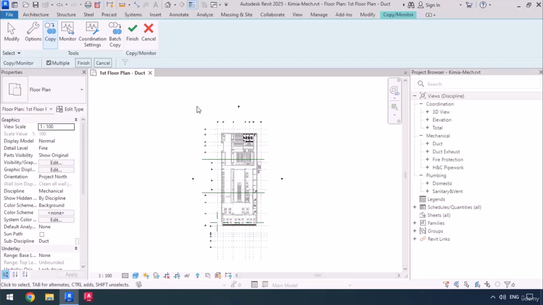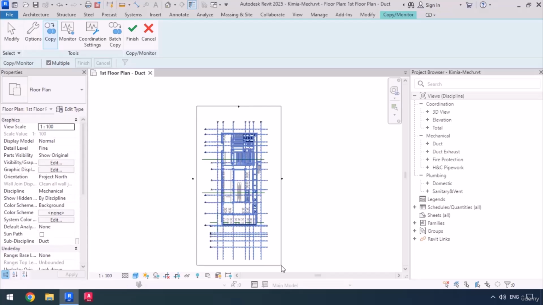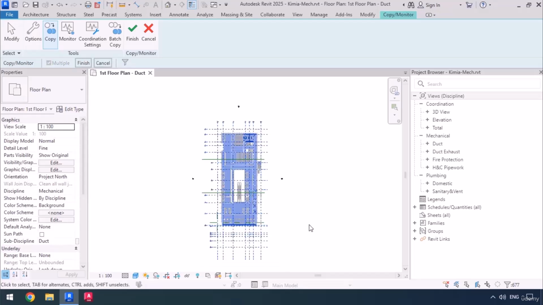To do that, first I'm going to drag over the entire plan to select everything that's in it. And basically we just make sure that we drag over the plan in a way that all of the grids that we need to copy are included in that selection. Remember that by dragging you would be selecting every single element in the plan and not just the grids. And to check which items are selected, you could go over here and click on this funnel icon, or you could click on the one that's in the options bar.